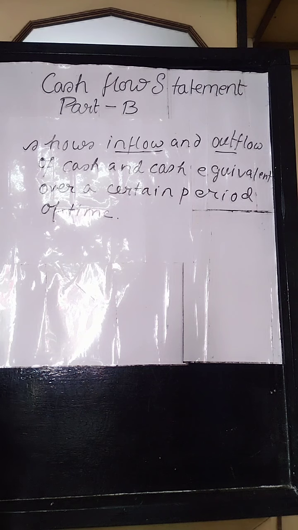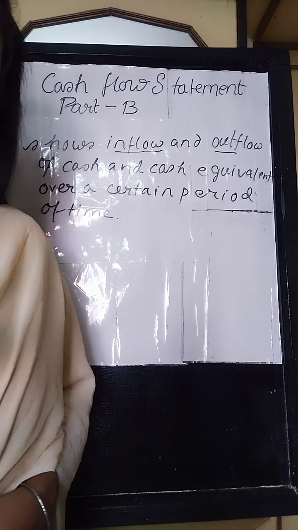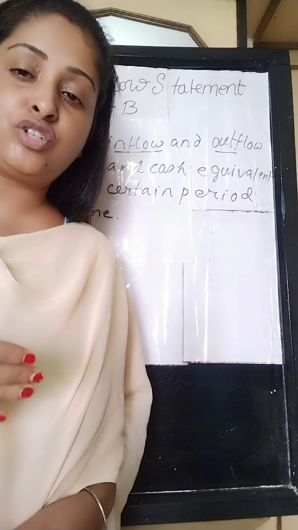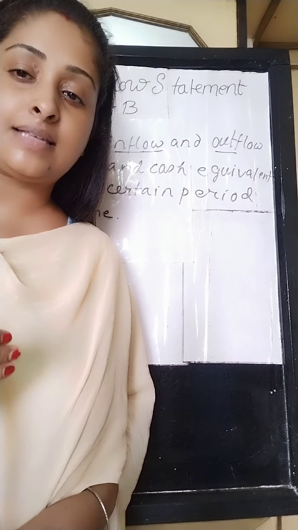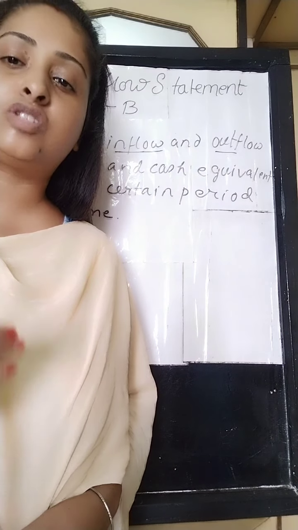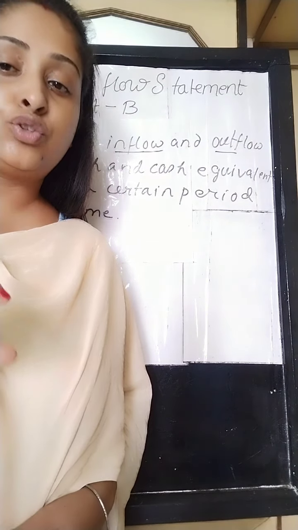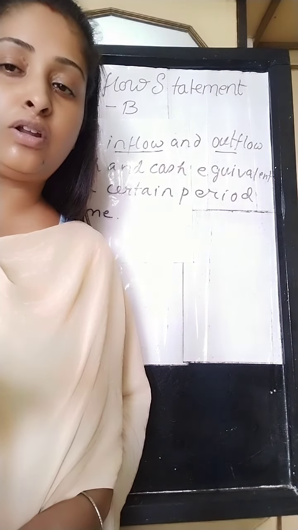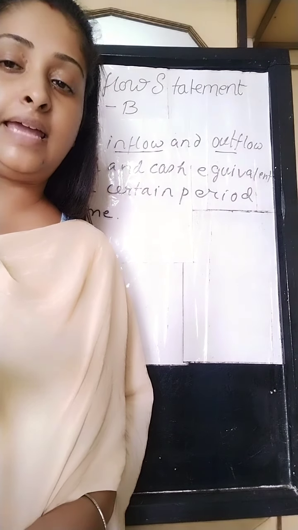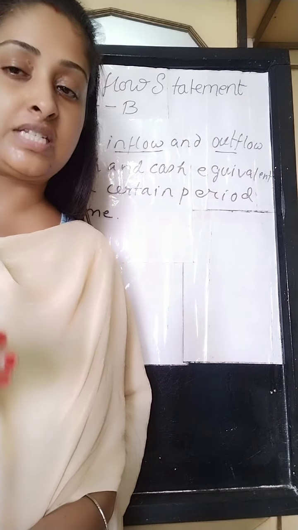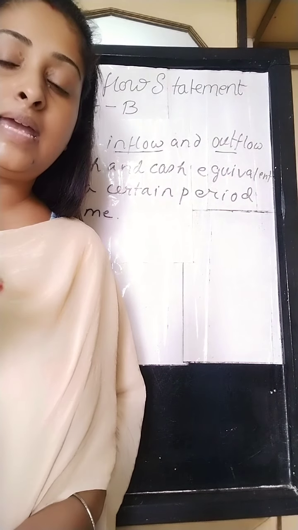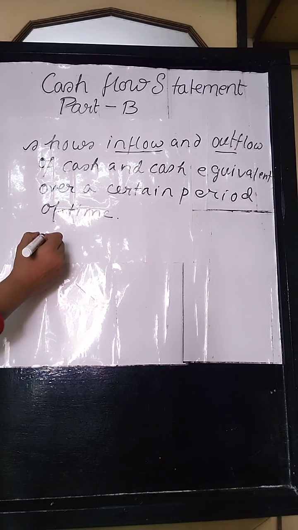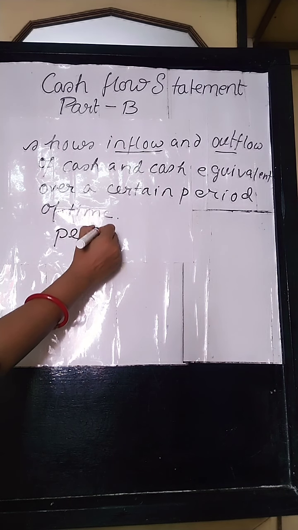Inflow and outflow of cash is only possible if any asset or liability is disposed of, purchased, or brought into the business. If an asset is disposed or purchased, or a liability is repaid or created in the business, through this cash inflow and outflow is possible. If this operates over a certain period of time, then we can show it in the form of a statement which is called a cash flow statement. It is a periodical statement.